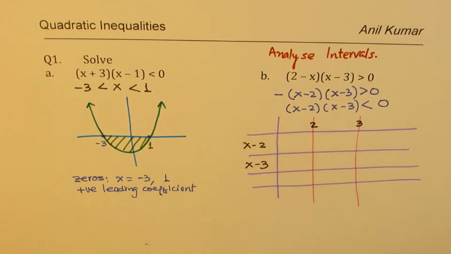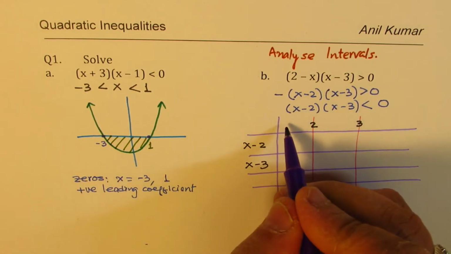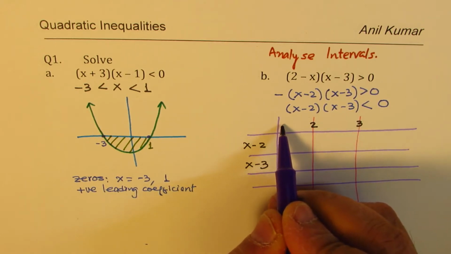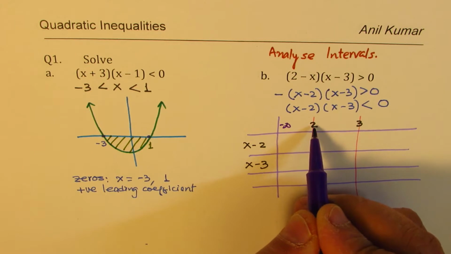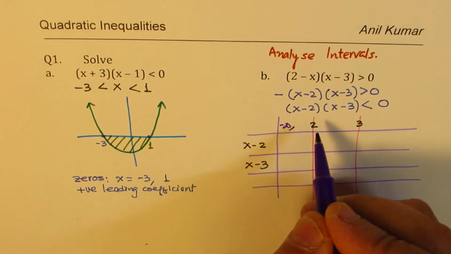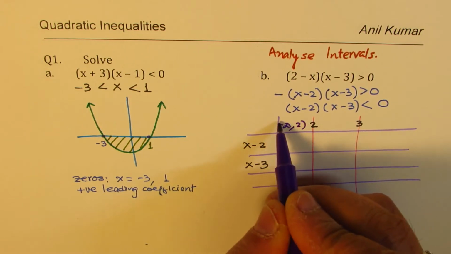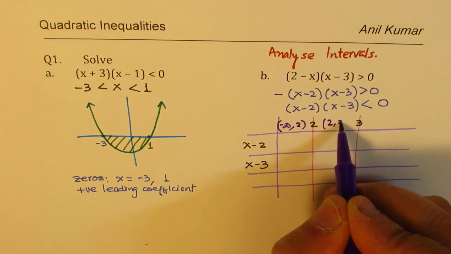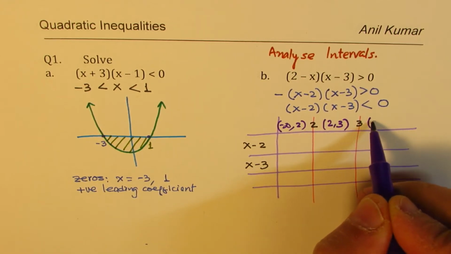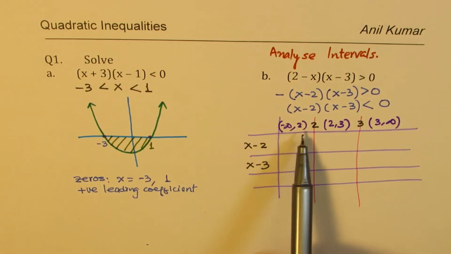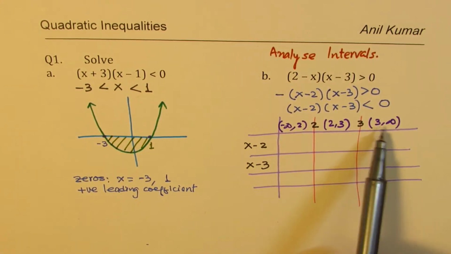This region is, let me use another ink. We'll say this region is when the value of x is between minus infinity to 2, right? Let's write minus infinity to 2. Brackets mean not included, and this is between 2 to 3, and then we have the interval which is from 3 to infinity, right? And these intervals, which are minus infinity to 2, 2 to 3, and 3 to infinity,